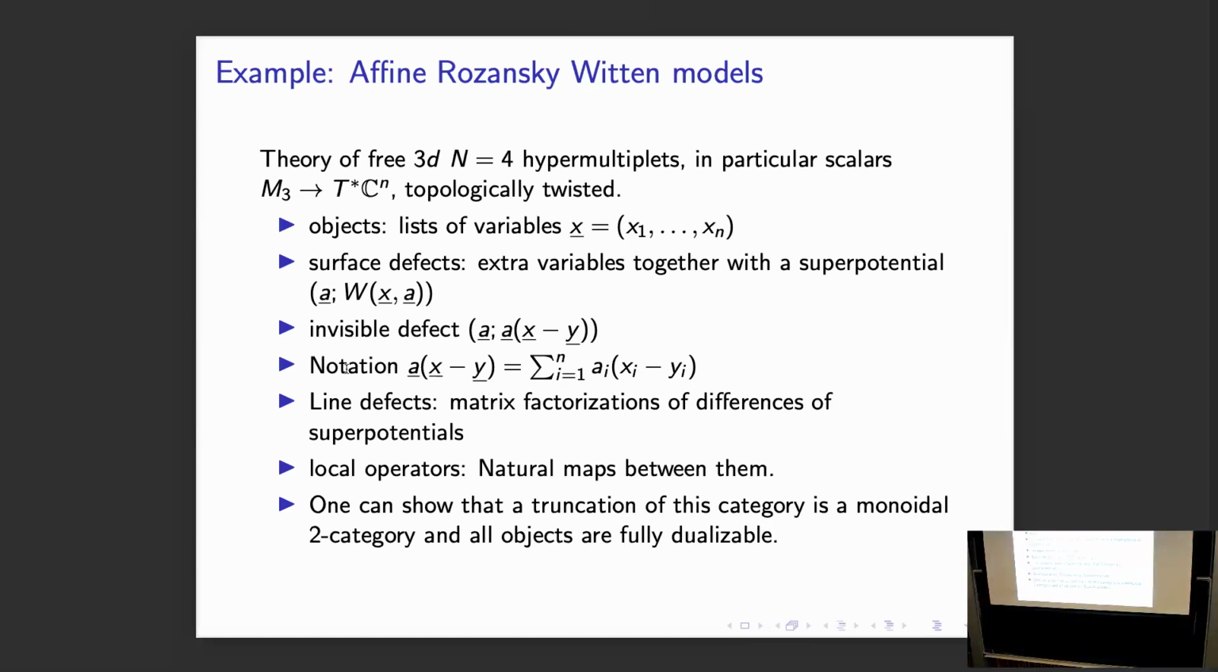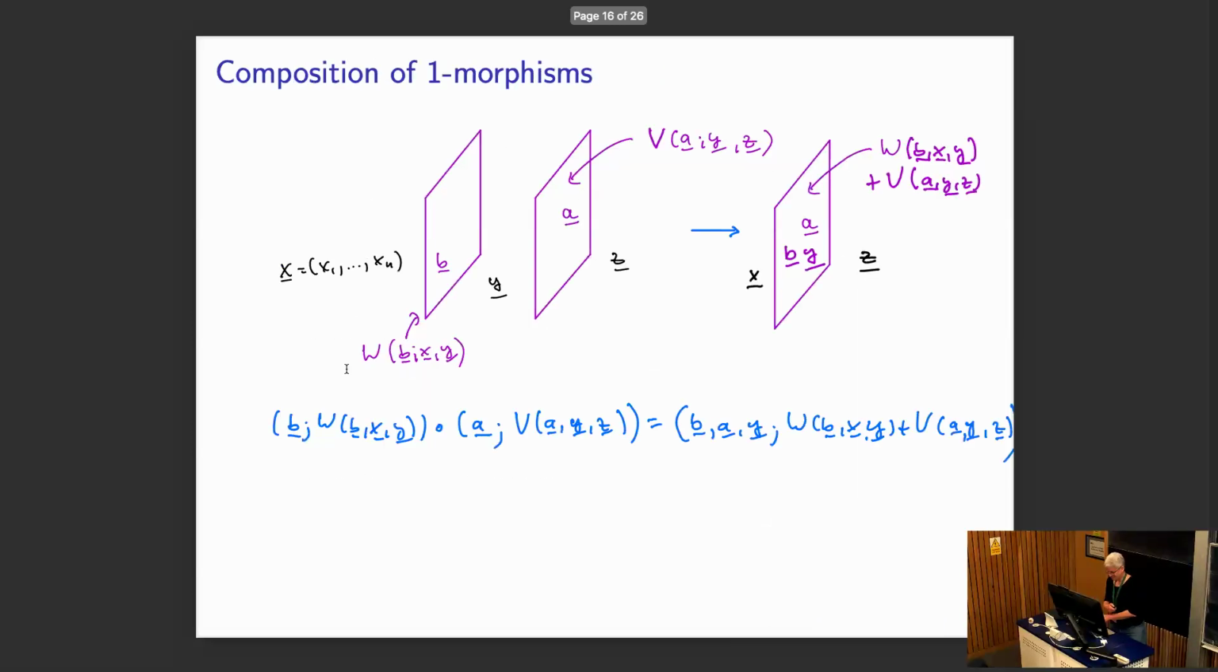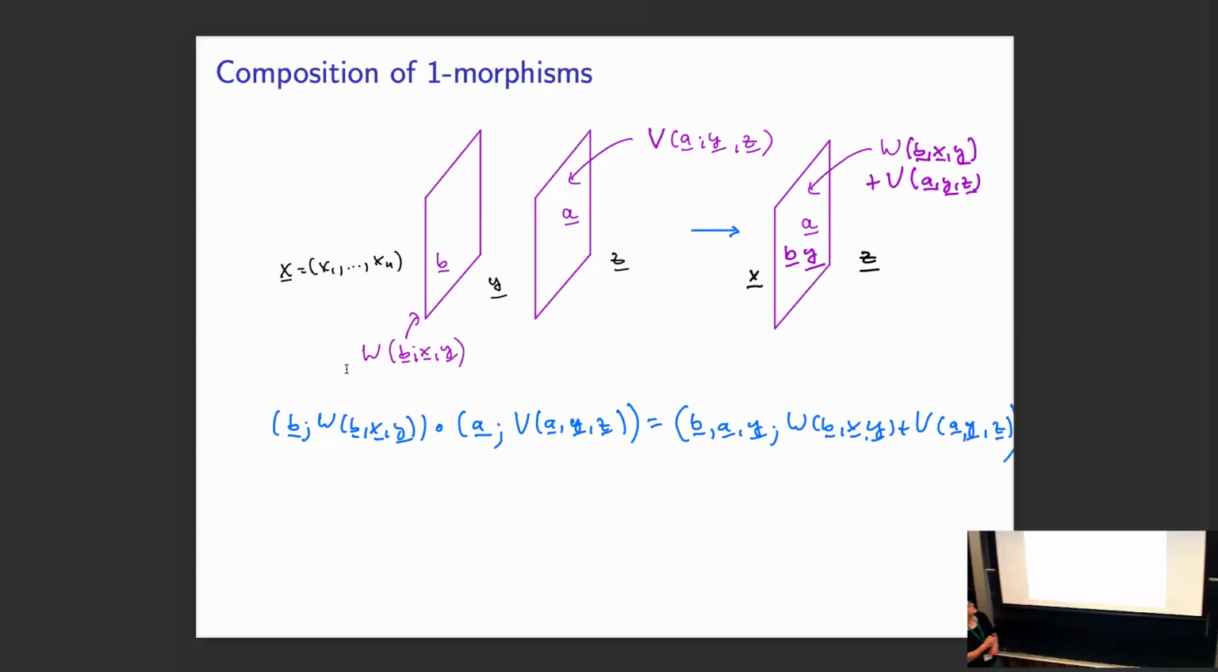Any other questions? If not, then I put this picture again. So I'd like to say something about the composition of one morphisms. We had that the one morphisms correspond to these domain walls with extra variables and superpotentials. And then how do we compose them? Well, we just move one on top of the other. And then what happens is